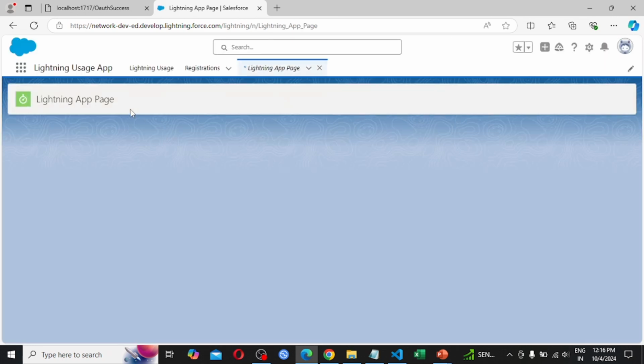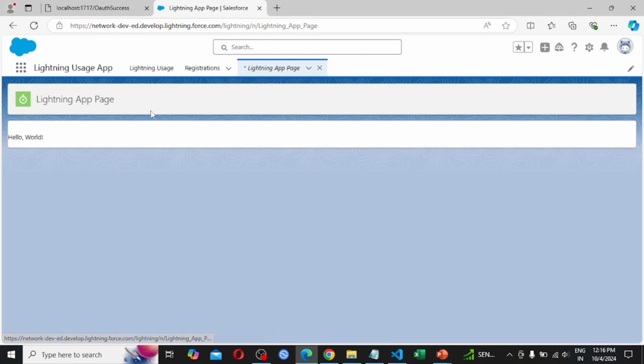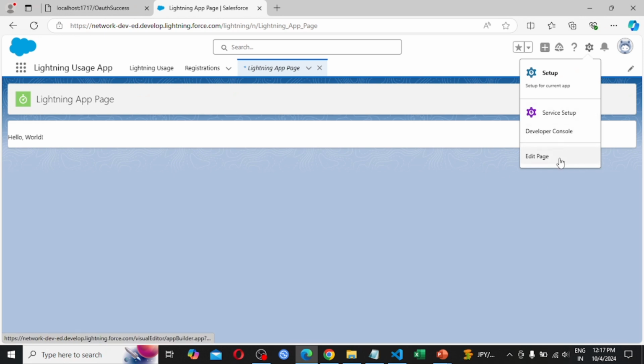So we are redirected to the Lightning app page that we created in our earlier session, and here we are seeing hello world, as we had created a Lightning Web Component by the name demo. So click on setup, choose edit page.